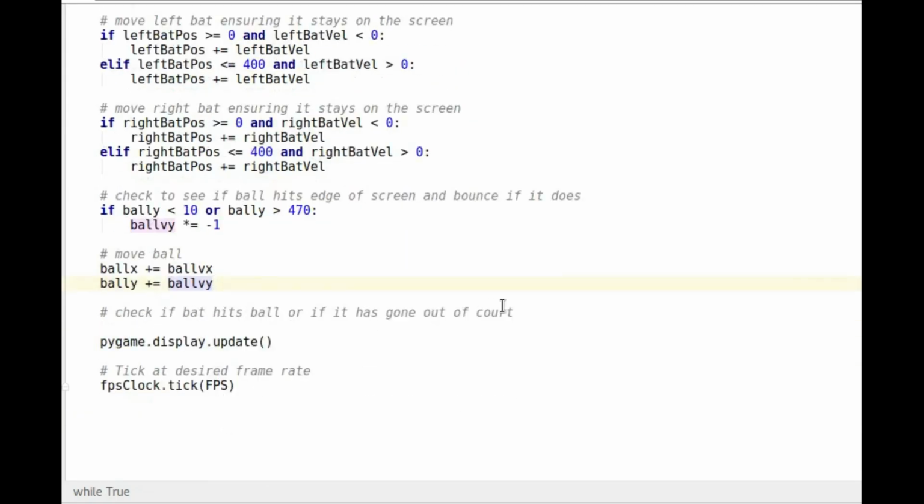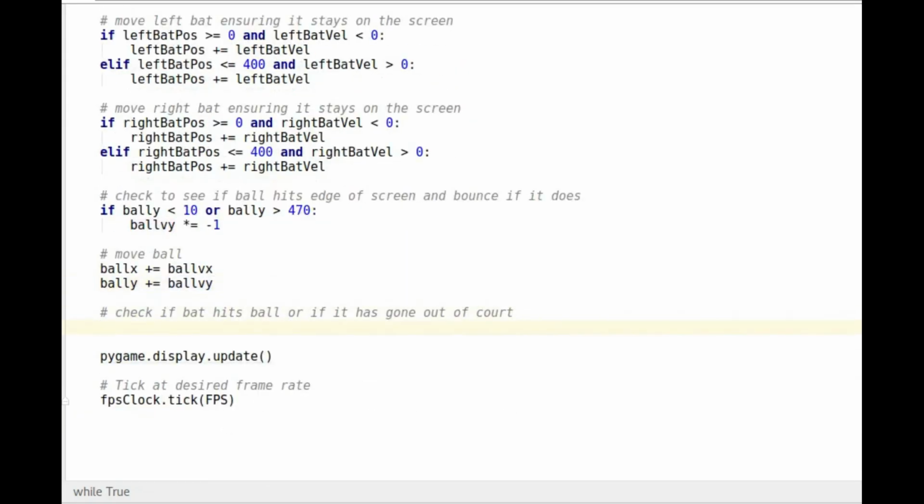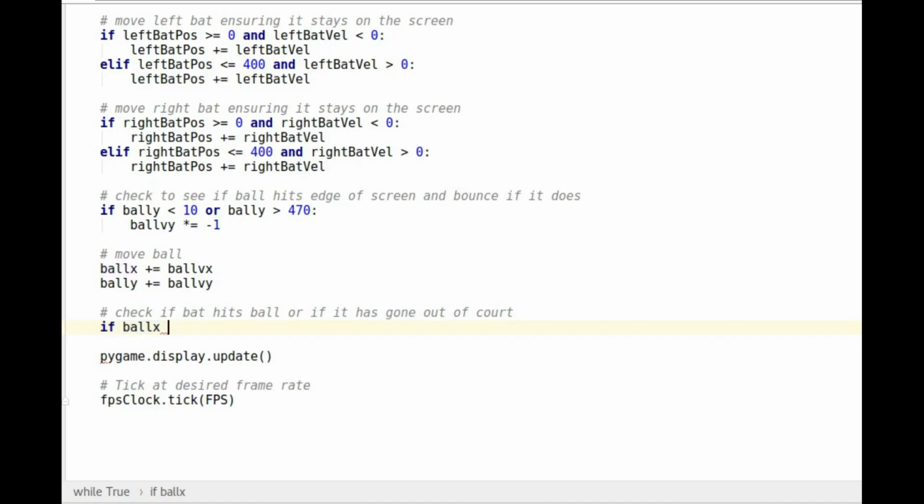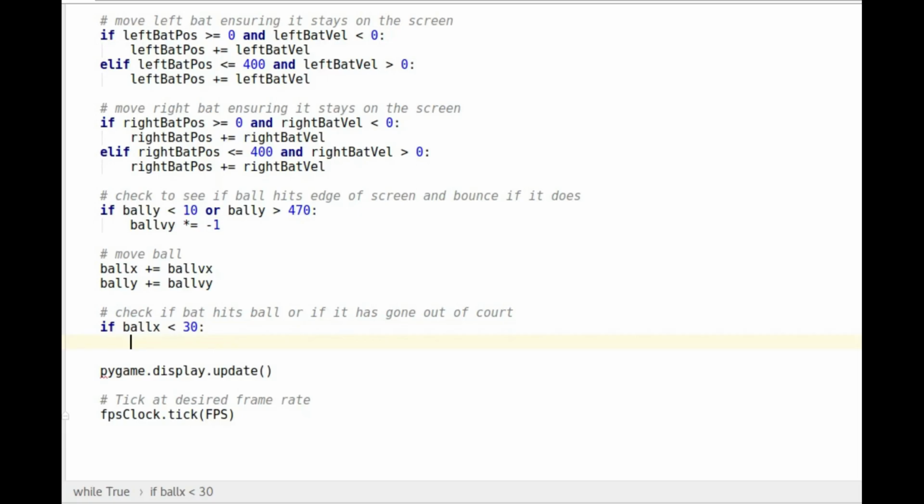So the next thing we've got to do, and the last thing we've got to do, is to check to see if we hit the bat with the ball. I'm effectively going to do the same thing twice here. I'm going to do it for the left bat and I'm going to do it for the right bat. So let's do it for the left bat. So I'm going to say if ball x is less than 30, so remember the bat's 20 wide and the ball is 10 wide. So if it's that, we're going to check to see if we actually hit it with the bat or not. So I'm going to say if